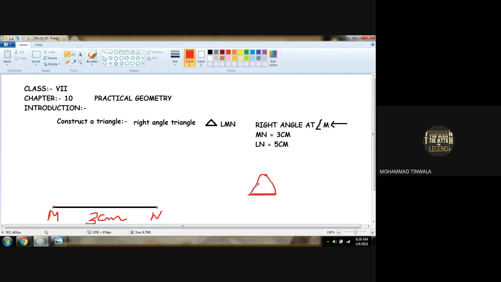Understood? Open for example rounder and pencil. We have to place a point on M and we have to draw an arc in such a way that it cuts both the sides. Well, a line nothing, but after a semicircle. Are you getting? Like this. What we did, we have constructed an arc from here.